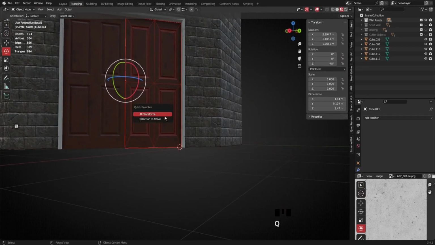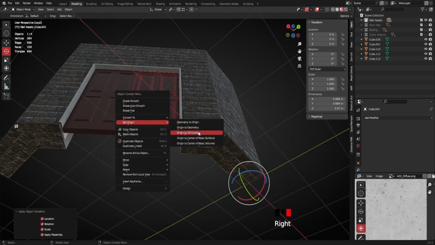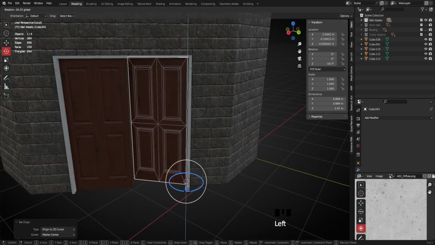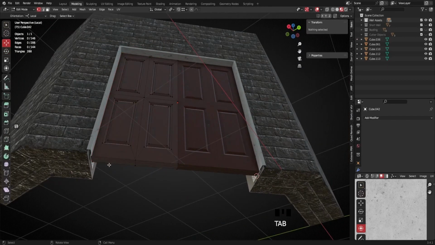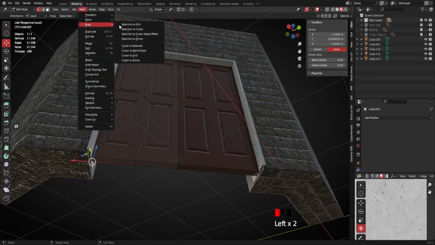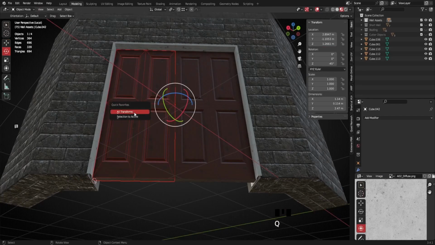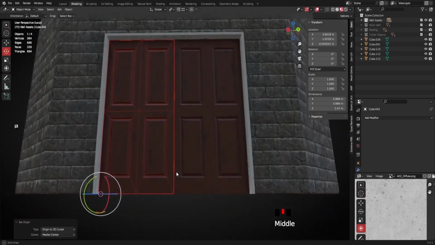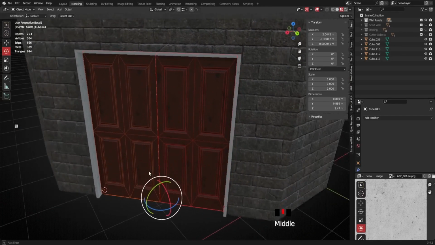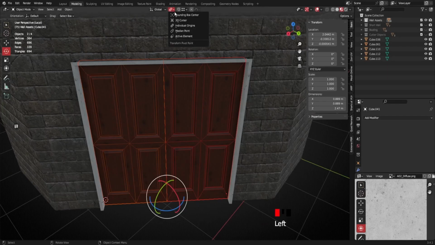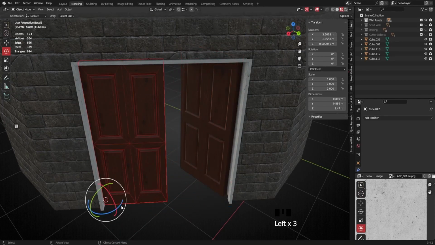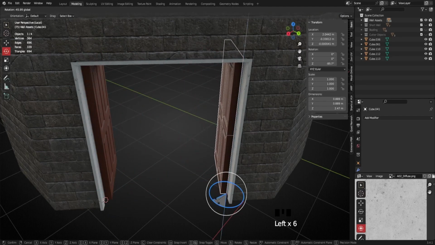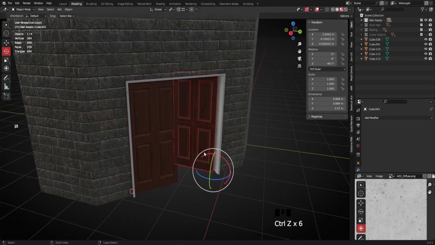And now we can just reset all transforms and right click, set origin to 3D cursor. And that will then let me open and close this door as the door should. We'll do the same for this one here. Now, there we go. So if I select both of these, with individual origins set on my pivot settings, okay, they act a little funny, but you can see they're doing what doors do. All right. So all we have to do now is